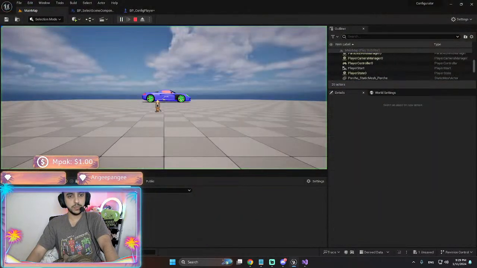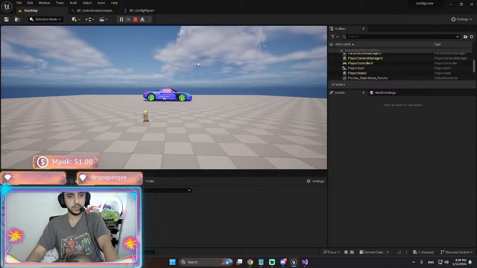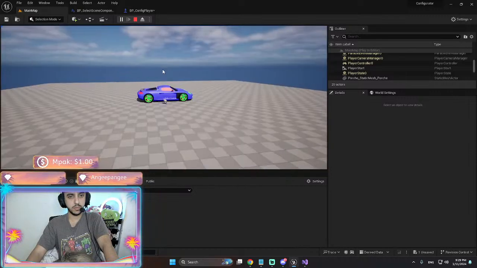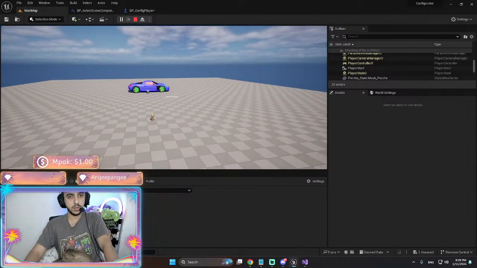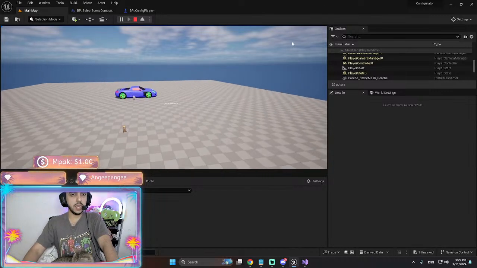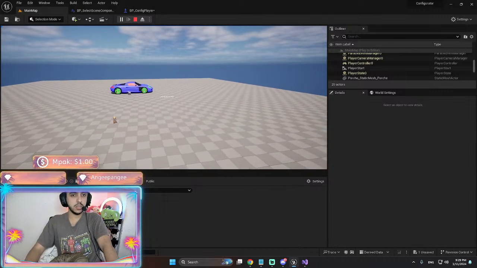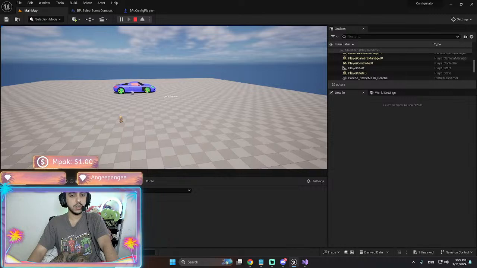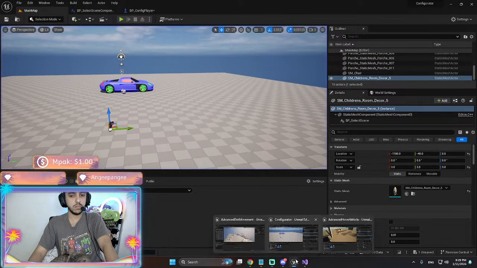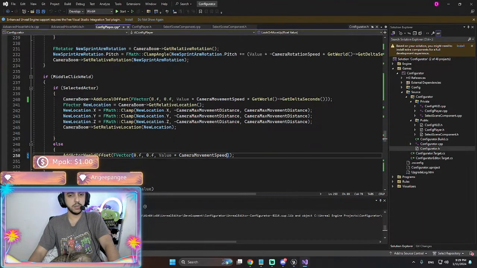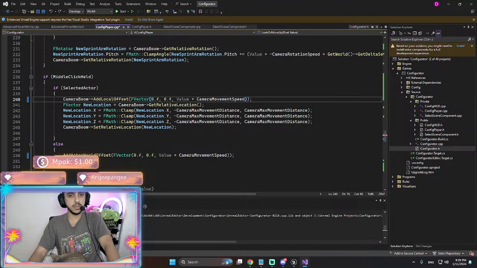How is this one? Going up and down, it's not working. Why? Something's happening. I'm gonna remove delta seconds.